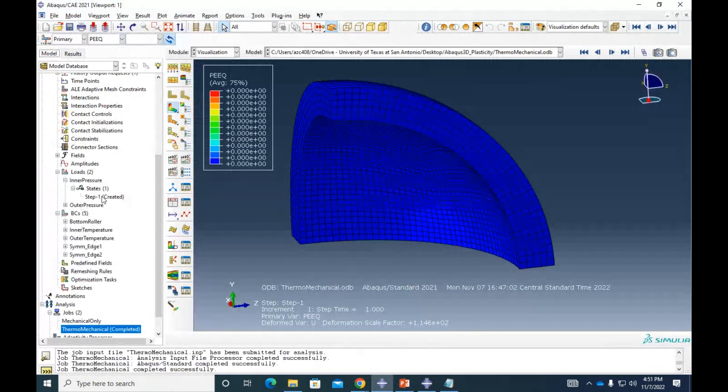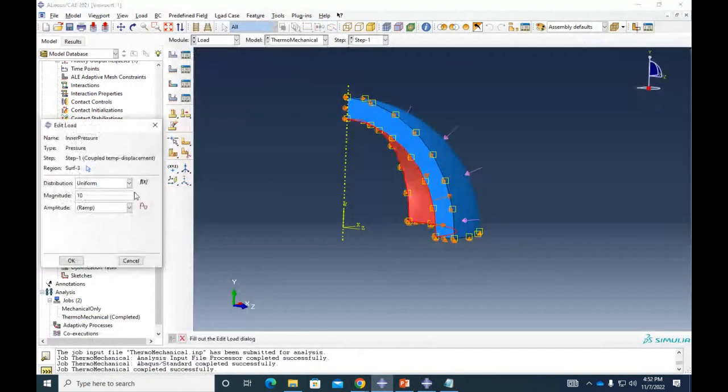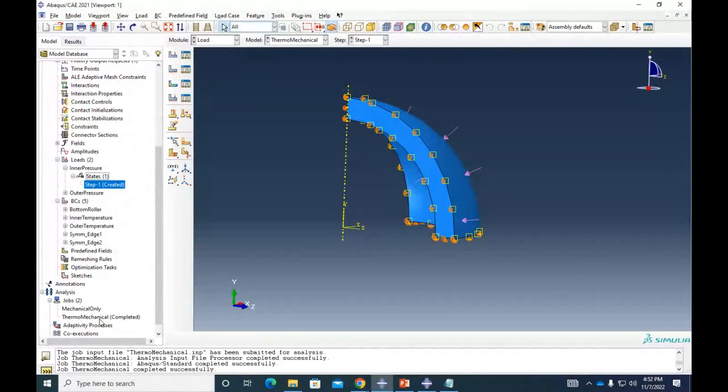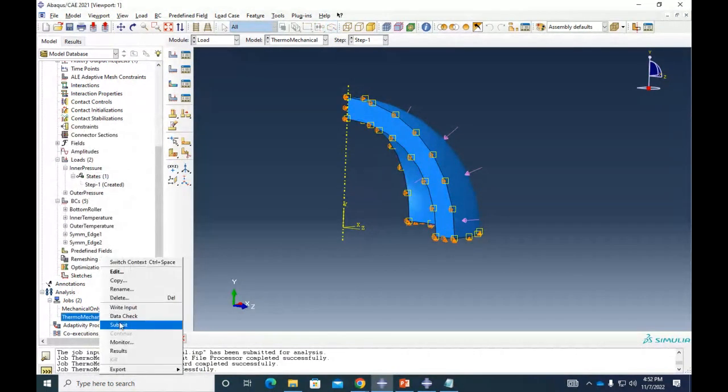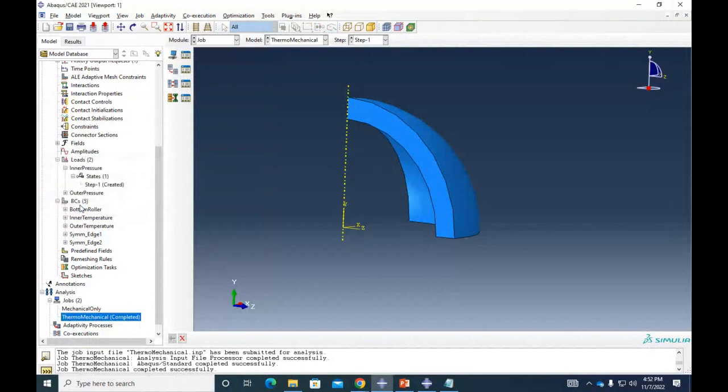So let's increase the pressure a little bit so we can see some yielding in our structure. So my inner pressure, I'm going to increase it from 10 megapascals to 50 megapascals. And let's submit it. So for those of you that I mentioned, hey, let's do a parametric study on the load, I've gotten some questions about that.